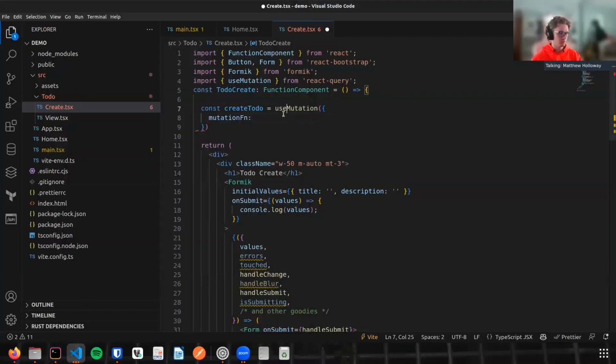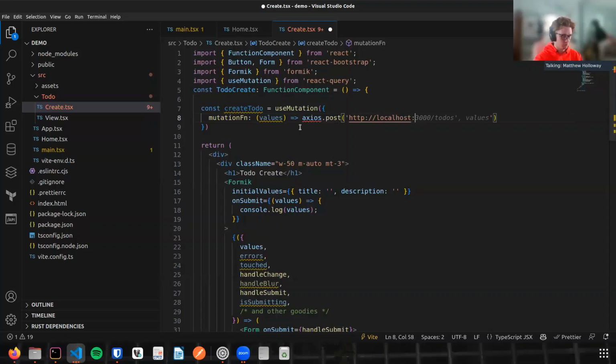So Axios just makes it really, really easy to make HTTP requests. And so it'll be Axios.post,